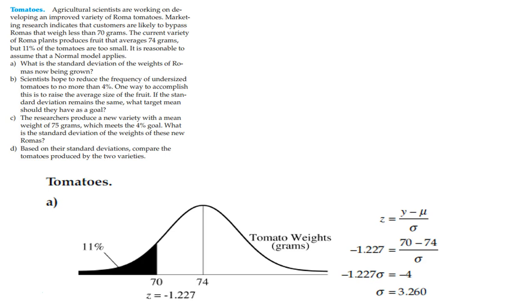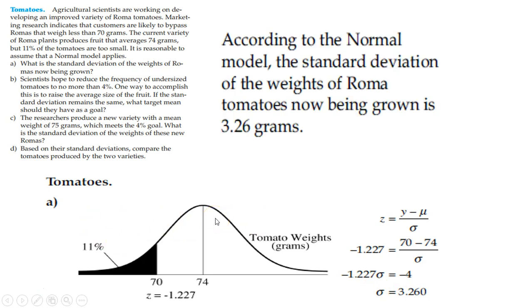We don't know the standard deviation. So my point is, because I don't know what that is, it says we're trying to find that. So what is the standard deviation of the weight of Romas now being grown? That's the only information given. So the only way we can find this, now that I know that, is multiply by that, I subtract them, divide, and I get 3.26 as the standard deviation, which is again reasons why we have to know this. So according to the normal model, the standard deviation of weights of Roma tomatoes now being grown is about 3.26